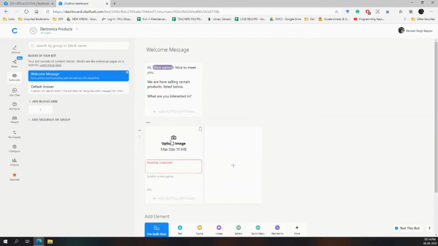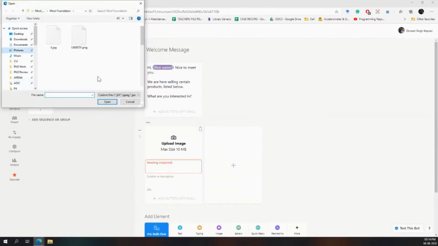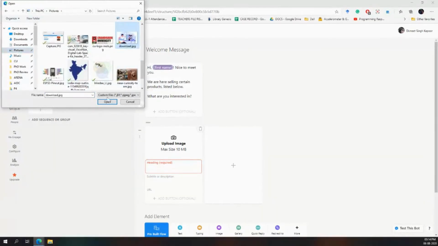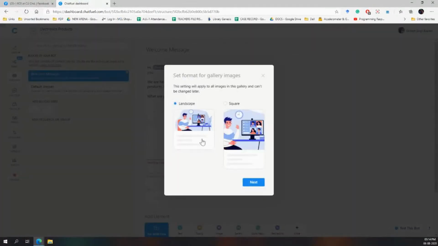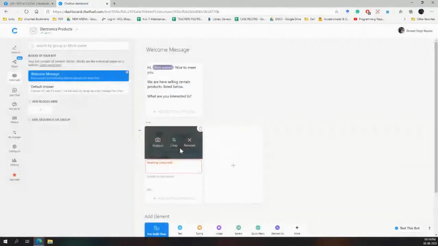You can upload the images. You can click over here, go down to your pictures, and you can see that I'm just adding a few things. Let's say this is the image for smart TVs that we are selling, right?